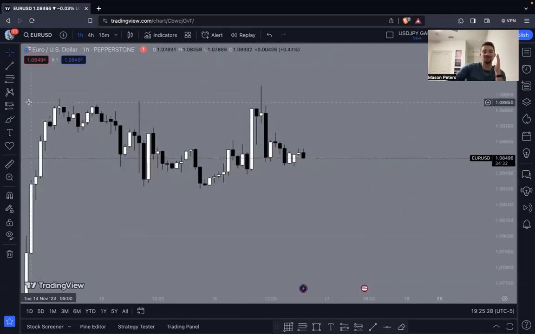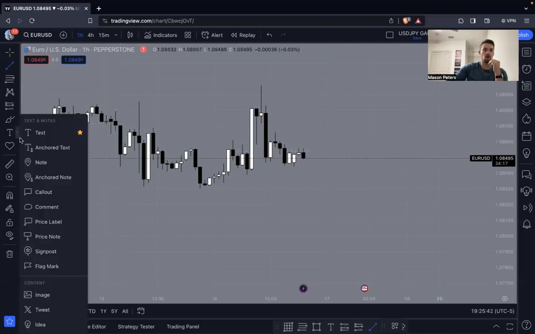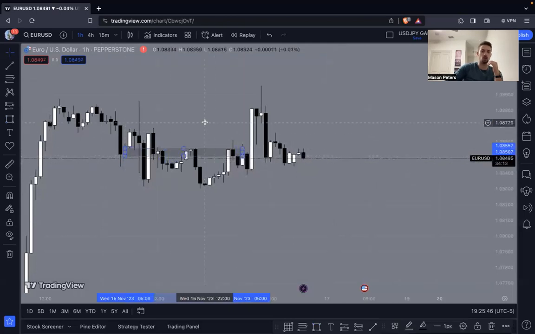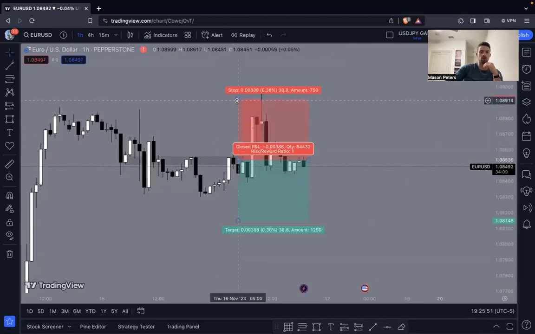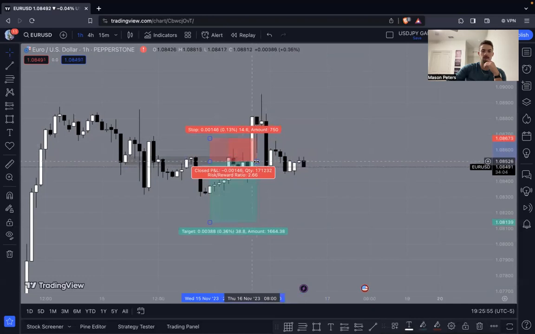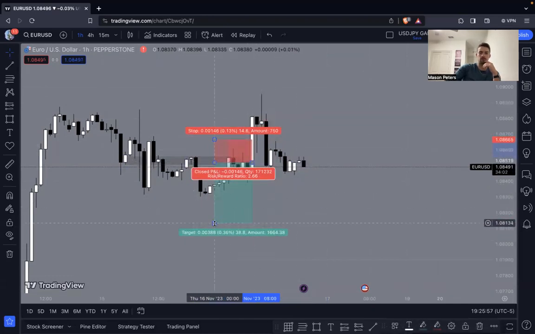London traders are still shorting. How do I know this? Because after they got wicked out here, they're like, this is not going to happen to me again. We're going to sell at the previous area of supply and demand. So let me pull out my box. Boom. Got my rectangle. Got my short position. Boom. We're in there. Look at that. Boom. Perfect. Going for 40 pips.